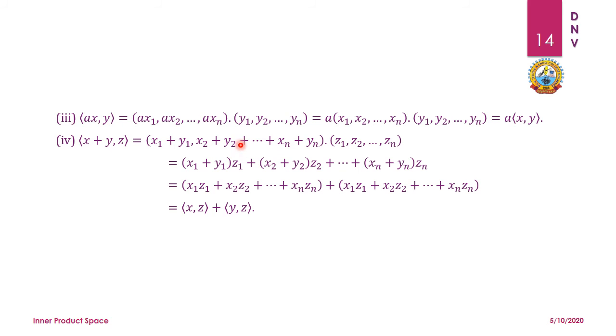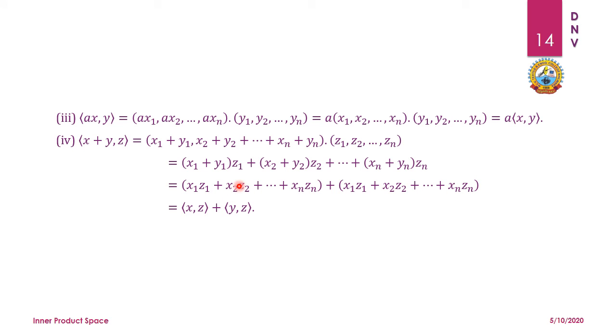So these are not the plus, these will be the comma. If I multiply these with each other, then I can get x1 y1, x1 plus y1 into z1 plus x2 plus y2 into z2 and so on up to zn. So I can separate them out: x1 z1 plus x2 z2 from this second term, and the last term xn zn in the first bracket, and similarly the second terms of each term will be considered in the second bracket.